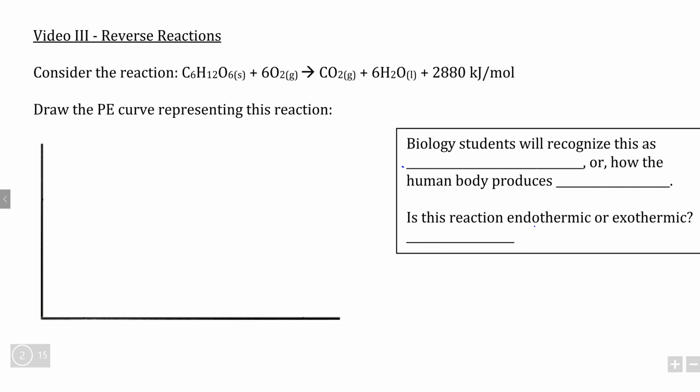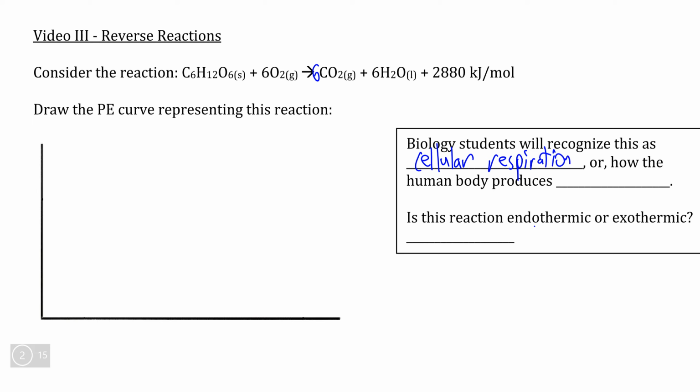In this video, we're going to look at what happens to delta H when we take an exothermic reaction like this one and flip it around to make an endothermic reaction. So once again, this reaction was the same one that was used in the previous video with the balancing now fixed. For those that don't recognize it, this reaction is what we call the cellular respiration reaction, which is the